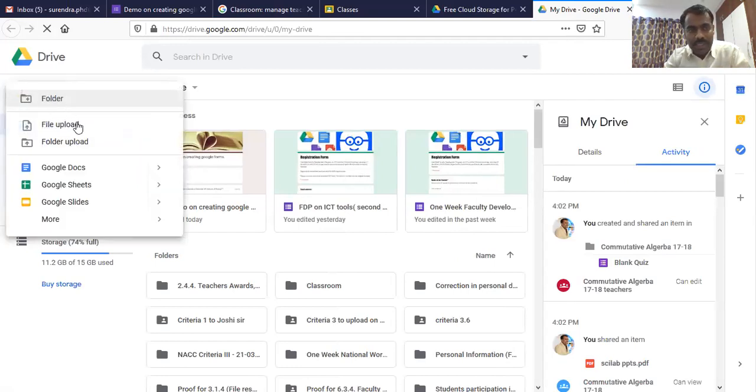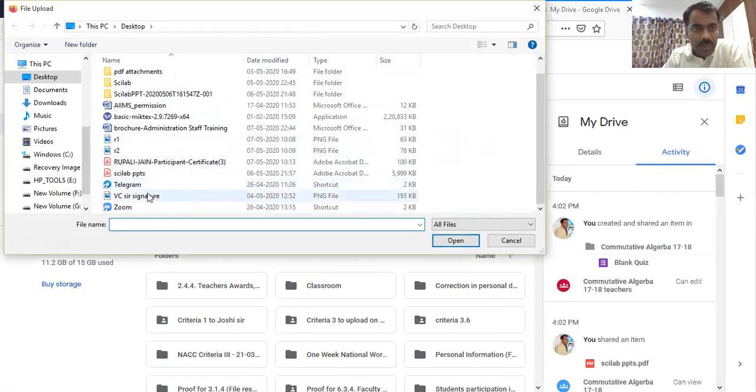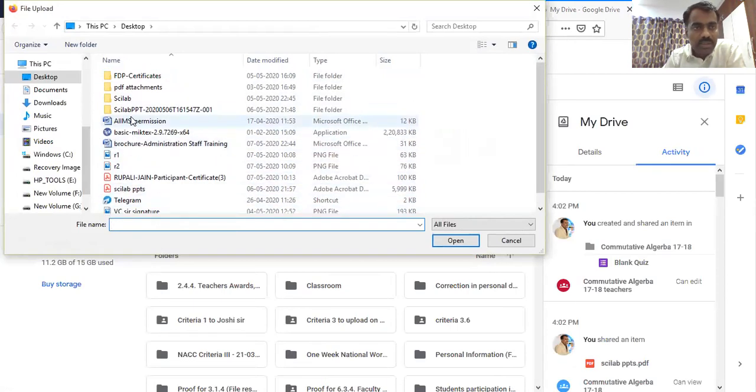If you click on plus, it will ask for file upload, folder upload, or Google Docs, Google Sheets, Google Slides, and so on. Whenever we want to upload a single file which is already there in our system to our Google Drive, click on file upload. So I clicked on file upload, then it will take me to wherever it is. Suppose I want to upload this information.